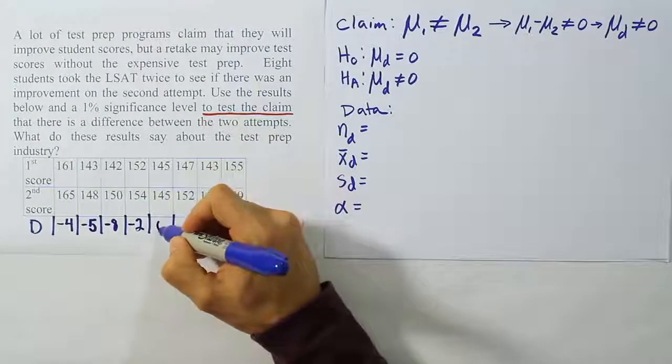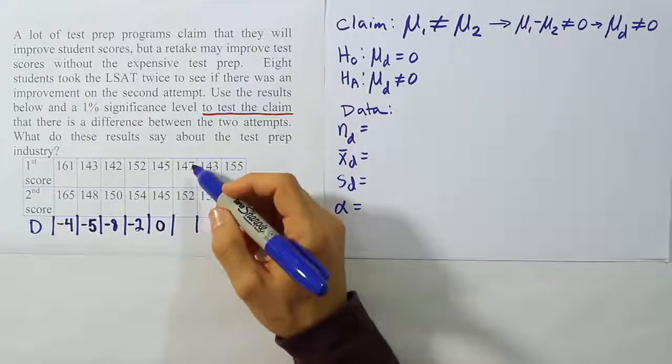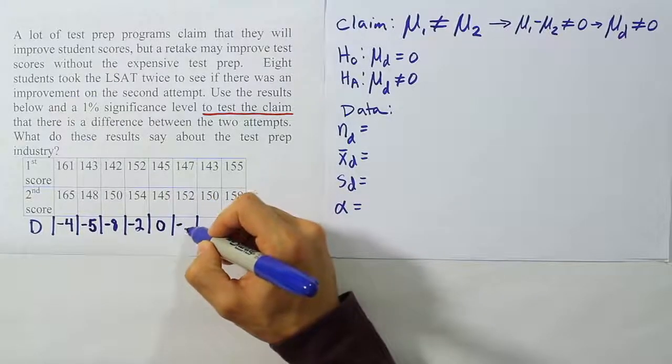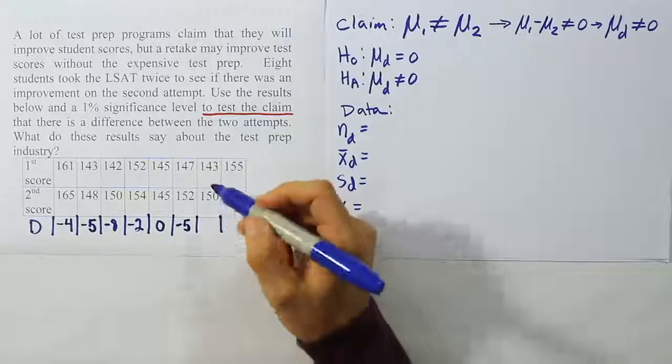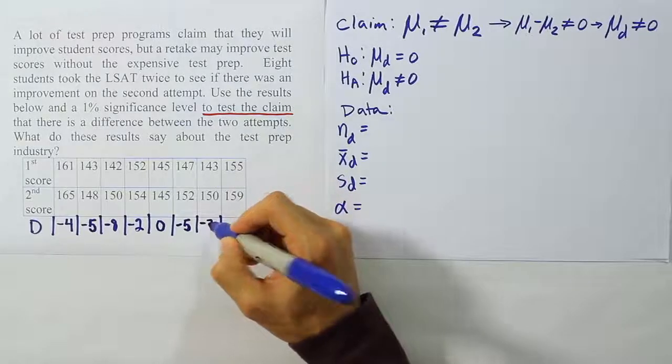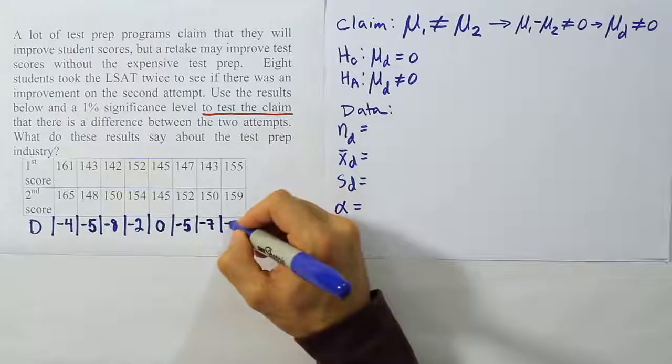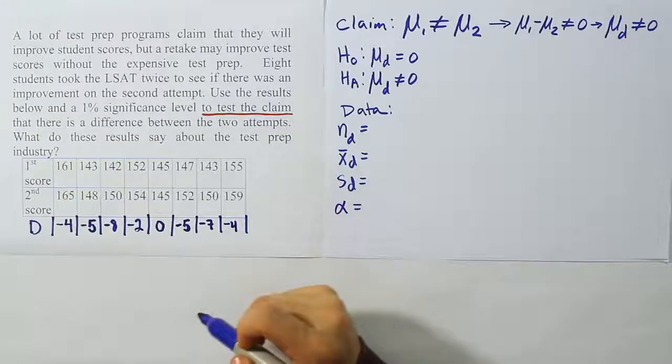These are the same, so we get a 0, right? Then the difference between these two is 5, but it will again be -5 because the bottom number is bigger. This will be -7 because the bottom number is bigger. And then lastly, -4, once again negative because the bottom number is the bigger of them.